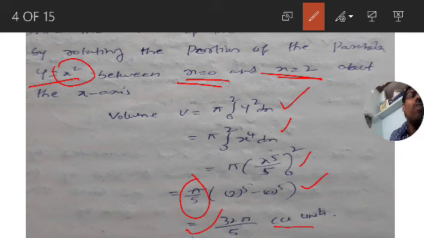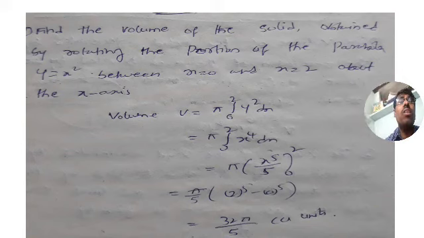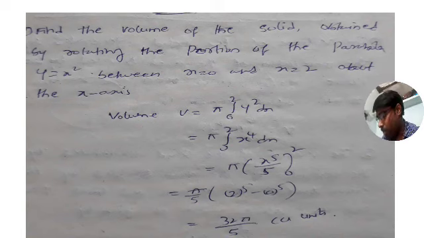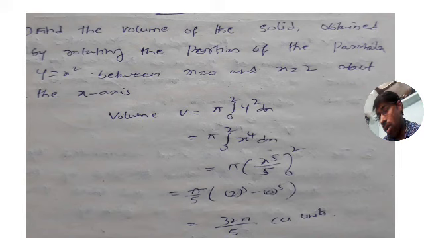Are you getting? So, very easy problems. You have to remember the formulas. That's it. This is my first problem. Find the volume of a solid obtained by rotating the area bounded by the parabola, x-axis, the line x equal to 0 and the line x is equal to 2. Then the volume formula is integration a to b pi into y square dx. So a is equal to 0, b is equal to 2, y is equal to x square. Substitute, integrate, then upper limit minus lower limit gives the answer.